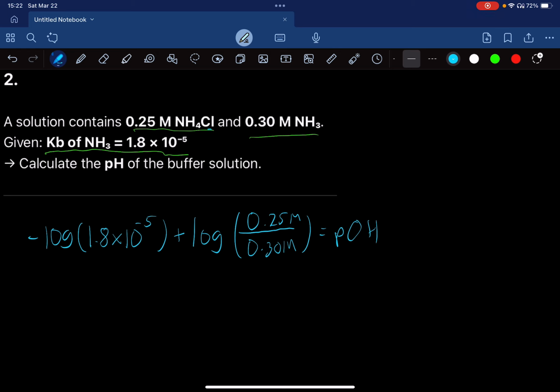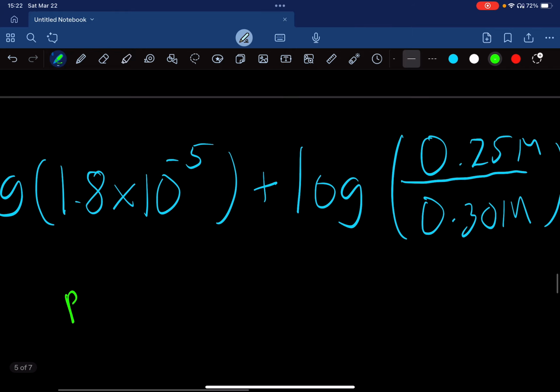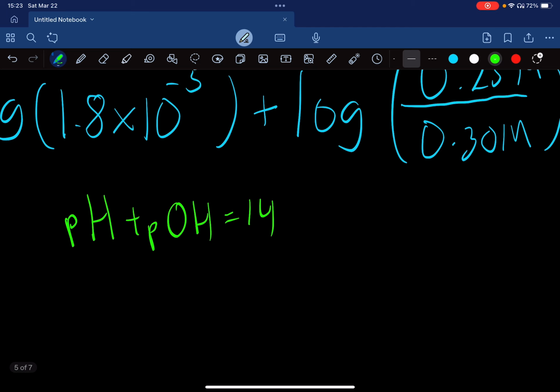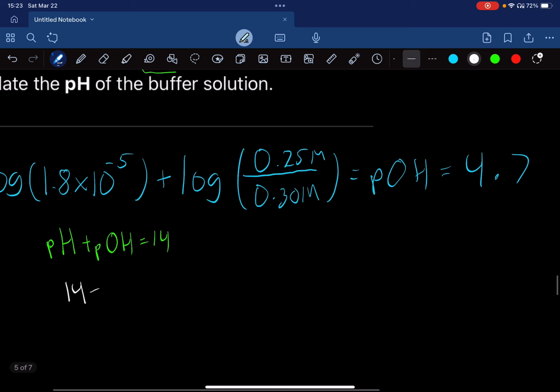0.25 divided by 0.35, 0.30. Okay, you should get, if we do, let's make it two decimal places, 4.7. That's your pOH. Now we know by this law that pH plus pOH is equal to 14. Since we calculated pOH, we could simply do 14 minus 4.7